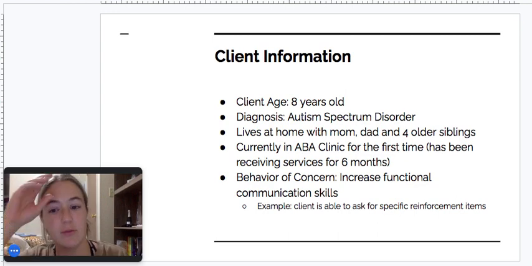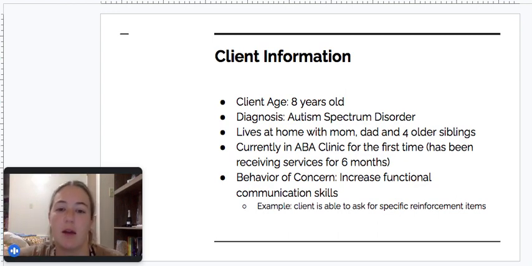For my client information, the client that I'm going to be discussing in this case study is 8 years old. He does have a diagnosis of autism spectrum disorder. He lives at home with mom, dad, and he has 4 older siblings. Currently, he is receiving ABA services for the first time, and he started those services about 6 months ago. This is his first clinic, and he never received any other services before he was